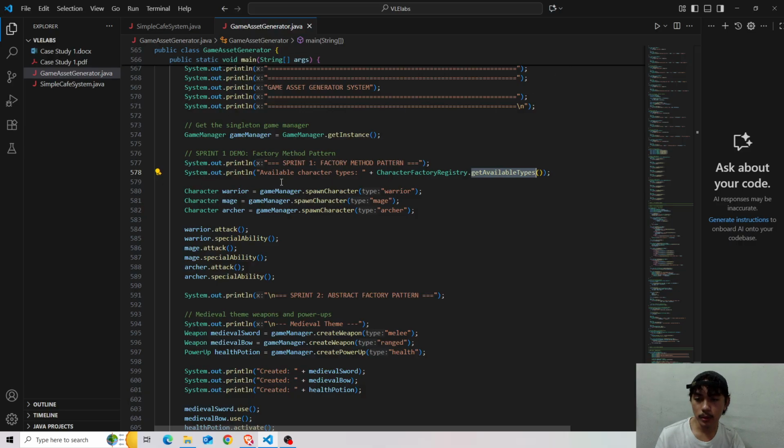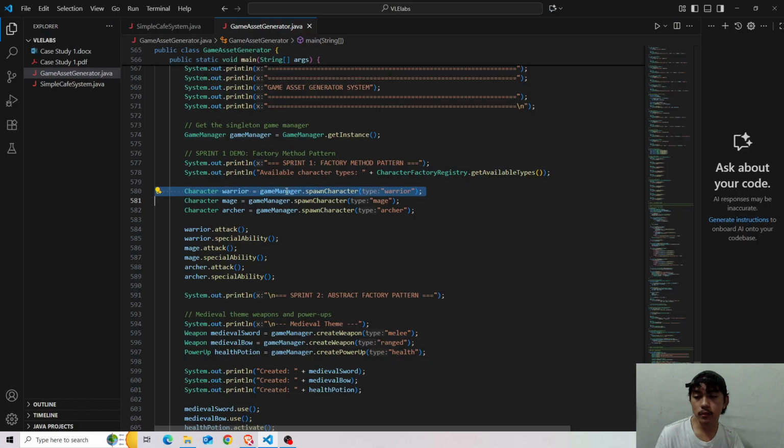Okay, so character warrior equals new game manager dot spawn character. So why do we have to pass the characters when spawning into the game manager abstract class?